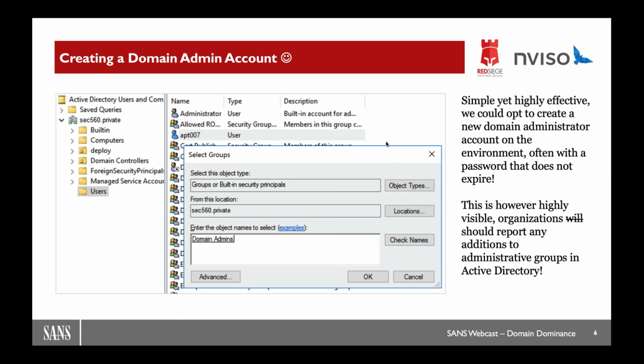Another horror story here, which I like to add, is that in another specific pentest that I was working on, at the very end of it, I also created a domain admin account with, of course, a strong password. And I told them, look, that was the flag that I planted to show them, look, I got domain admin access, which was agreed upon. And we told them to get rid of that account once we're finished.